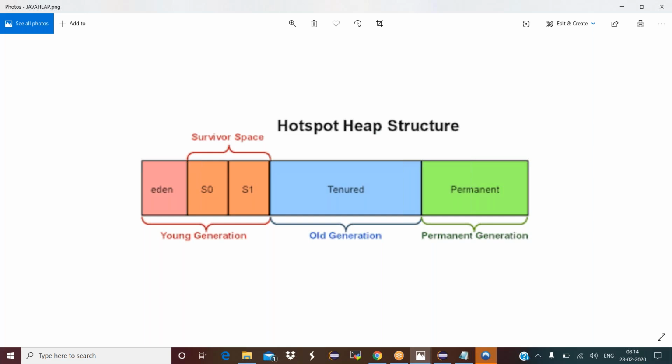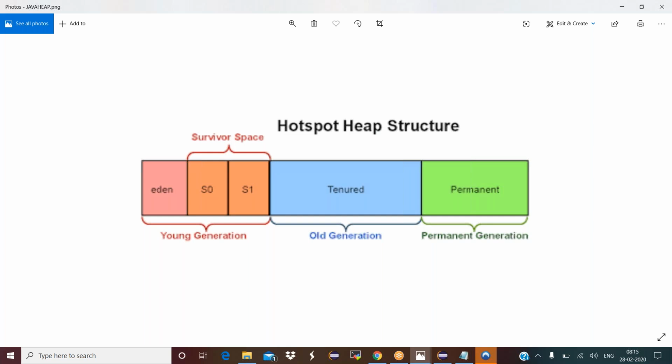This is the very basics of heap structure. The next class will also be on heap. I'll also talk about stop-the-world events, the permanent generation, and how we decide how much value to set for each area in the HotSpot heap structure. The reason we are going very slowly is because this is a complicated concept, and we will talk about